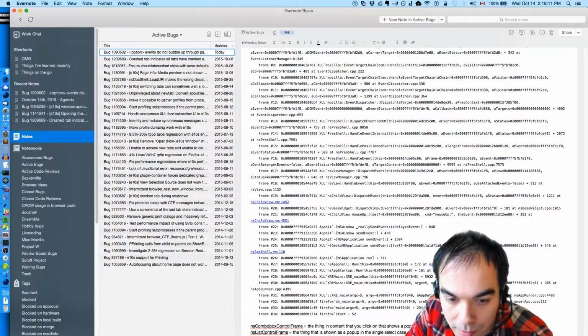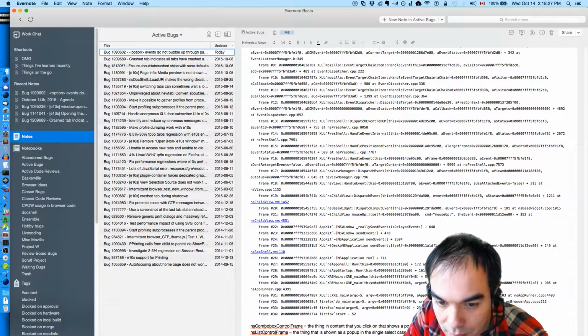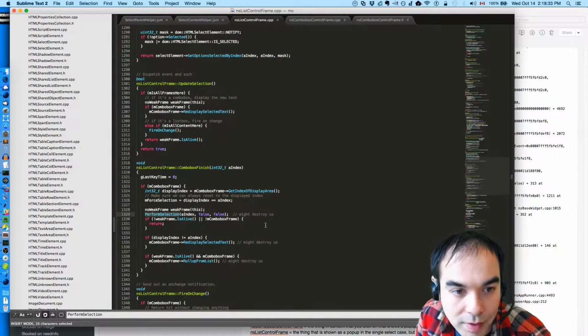On mouse up inside the NS list control frame, we notice if the selected, we update the selection, and what?